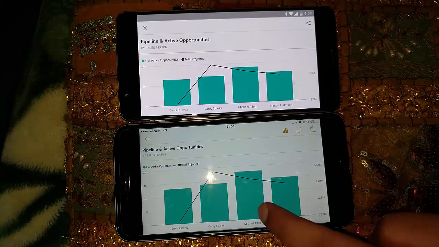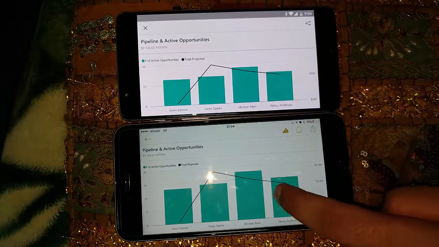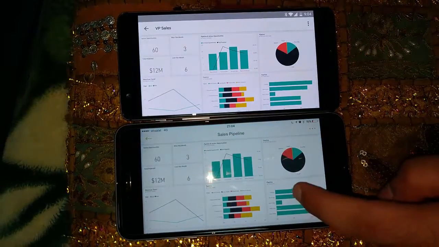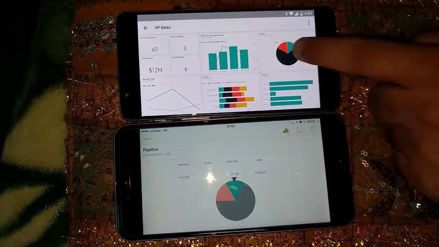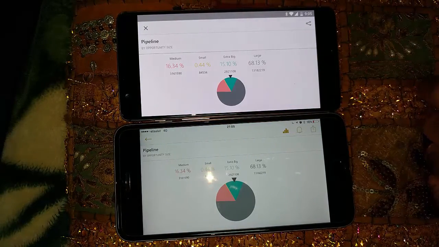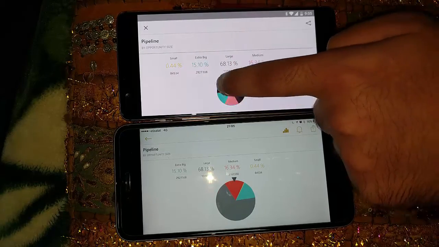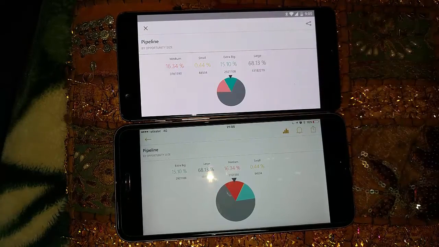Apart from that, this chart does not seem to be interactive, so let's try and open a different chart. Let's try and open this pie chart. Let's see the interactivity. More or less similar.